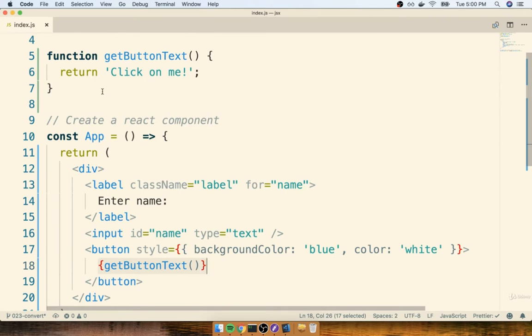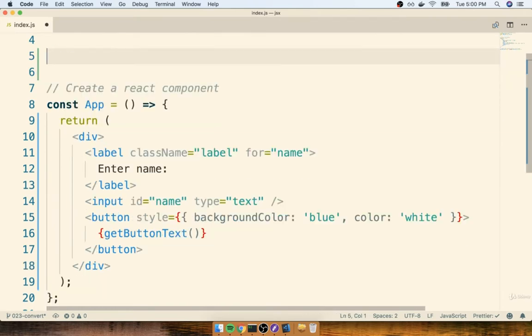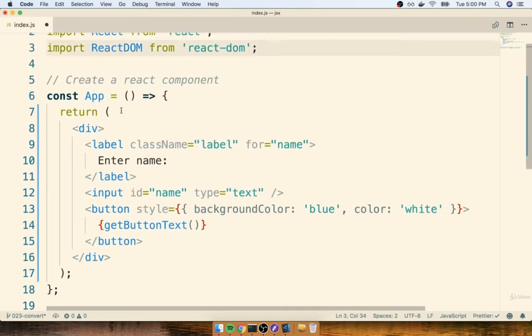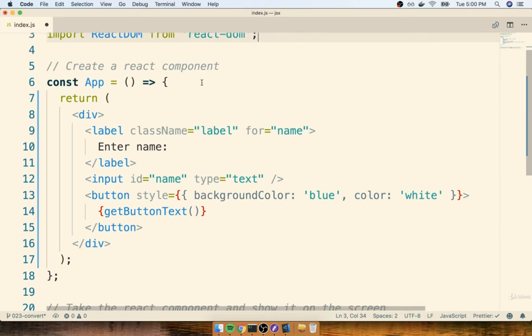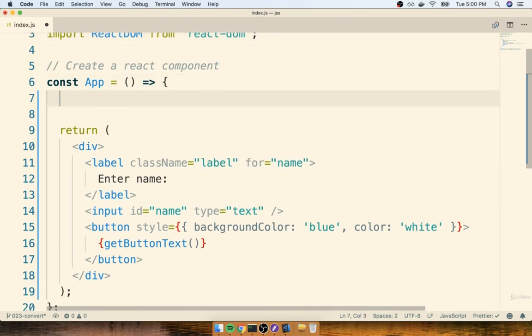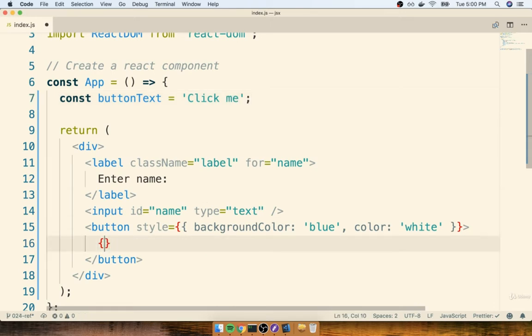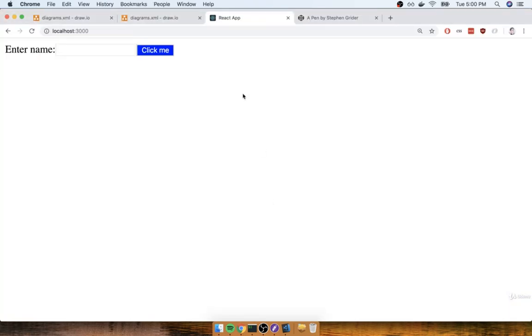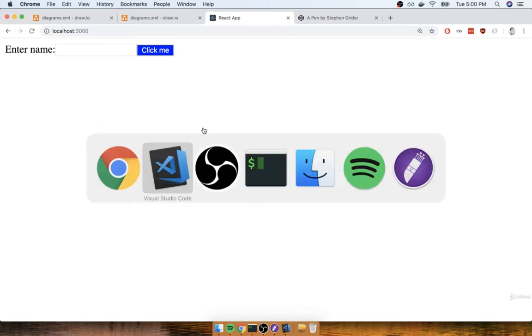I'm going to first begin by deleting that function that we just put together. We don't really need that anymore, and it's just going to make this example a little more complicated than it needs to be. I'm then going to go back to putting that variable inside the app component we had before. So I'll say const buttonText is 'Click me' like so. And then inside of our curly braces right here, I'll again replace it with buttonText. And now that we don't have a function, we do not need a set of parentheses. So it's just buttonText like so. All right, very quickly, I'm going to save this file and just make sure that everything is still working. Yep, looks good.